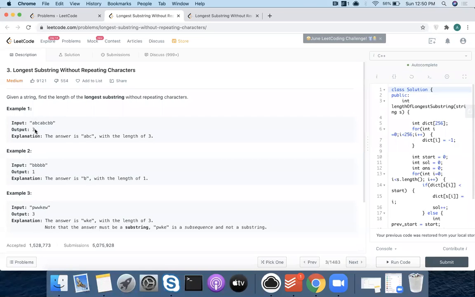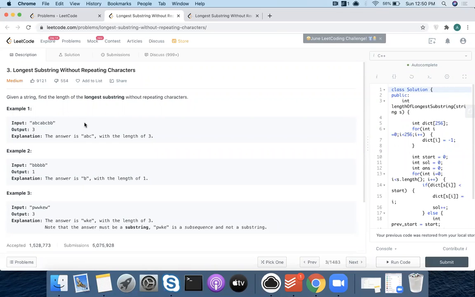So now let's move on from here. In order of n cube, you can anyway solve it. Let's try to solve it in less than n cube, so any solution like n square log n. Let's see if you can solve it in order of n. Can anybody solve it in order of n, or do you think it is possible? Or let's start with the easier approach and try to reduce from n cube.